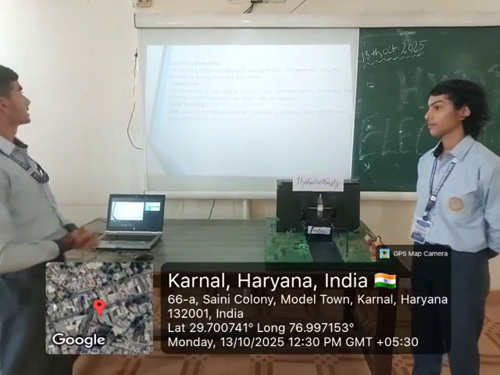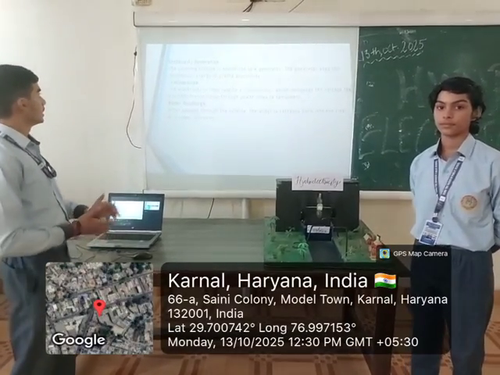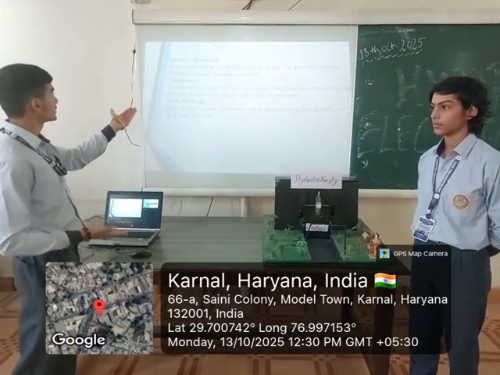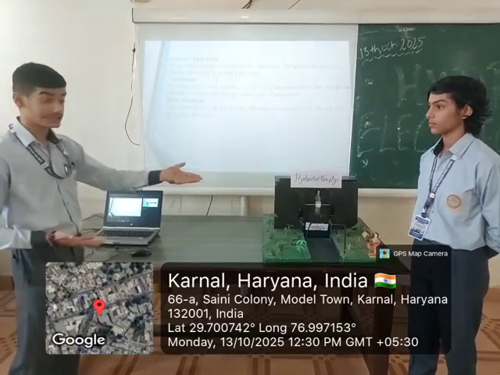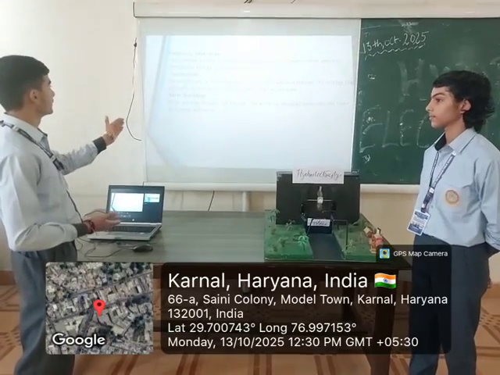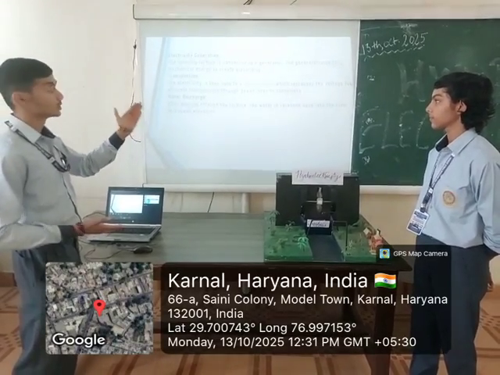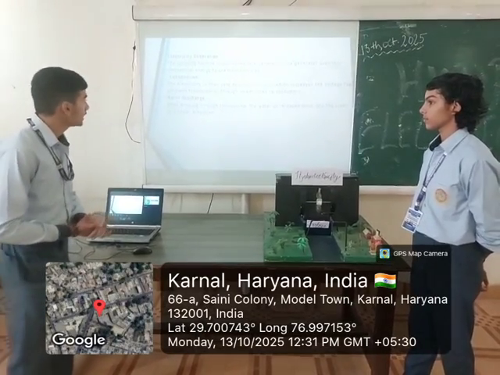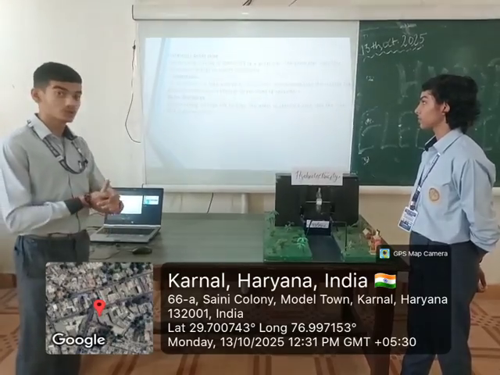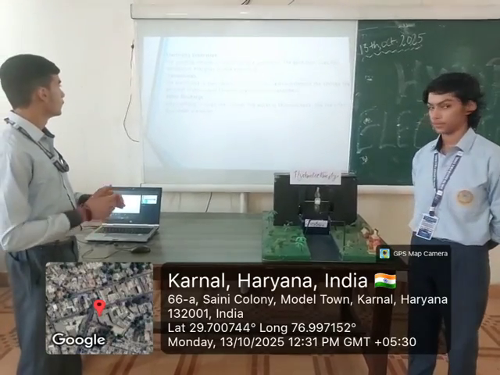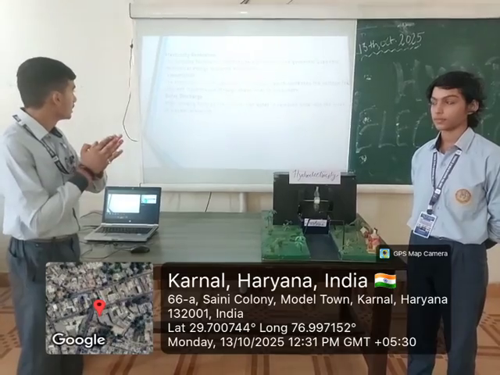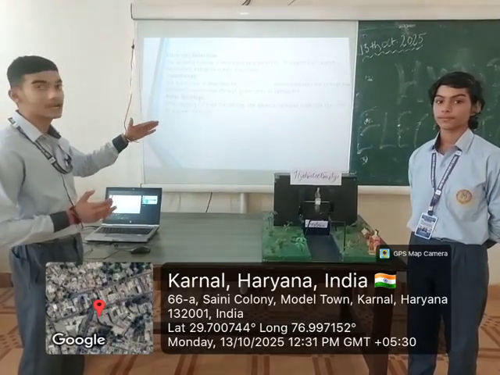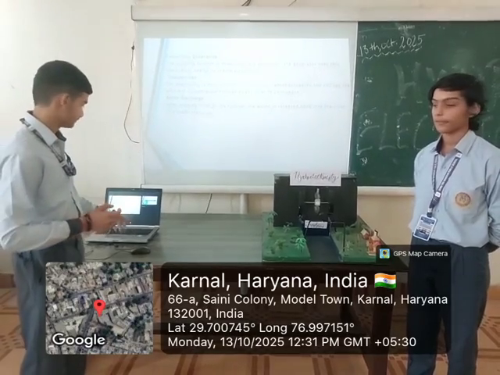Next is electricity generation. The spinning turbine is connected to a generator. The generator uses this mechanical energy to create electricity. Transmission: the electricity is sent to a transformer which increases the voltage for efficient transmission through power lines to consumers. Lastly, water discharge. After passing through the turbine, the water is released back into the river at a lower elevation.